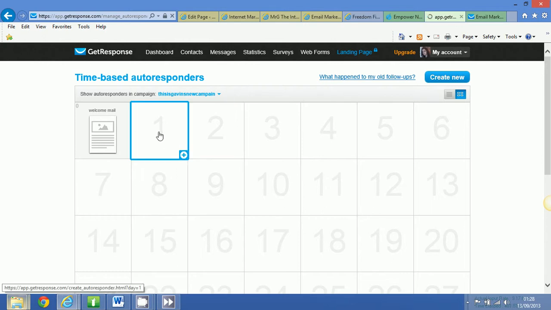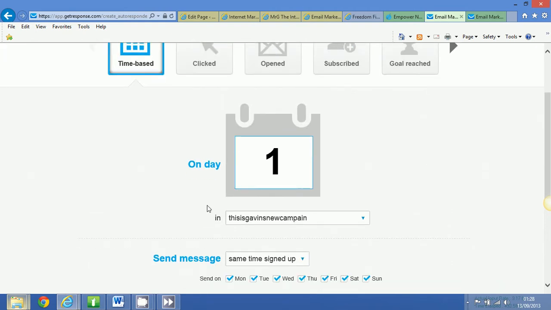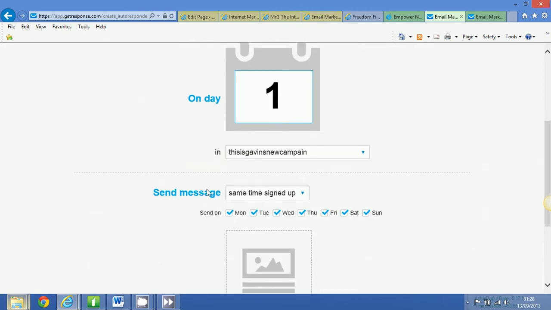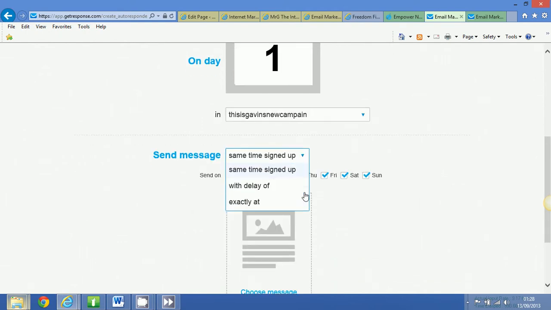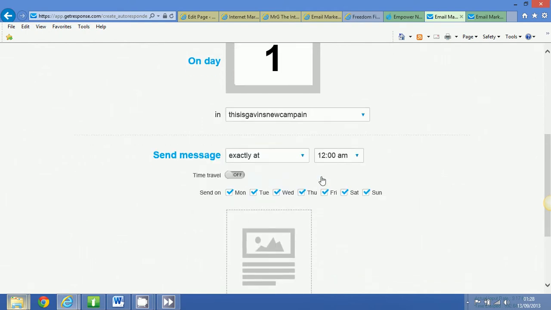And if I click on day 1 now, you can see here it's got one thing that changes from the original one: you've got the same time as signed up. You can actually say exactly at now and select the option for exactly what time. Now the time you need to be selecting for the emails to go out, guys, and I'll show you some information that proves that this converts higher than any other time, is 8 PM in the evening. Okay guys, because that's the time most people have come back from work, they've put their kids to sleep,